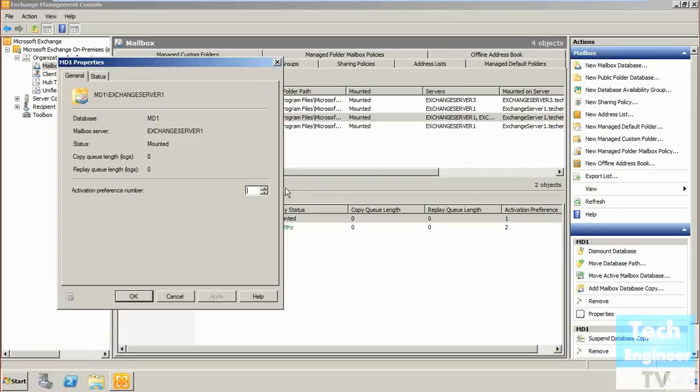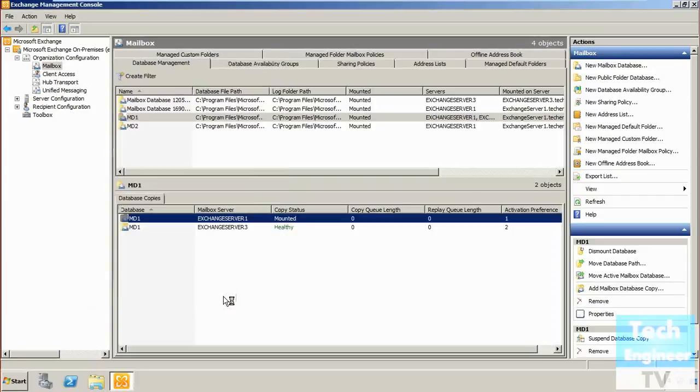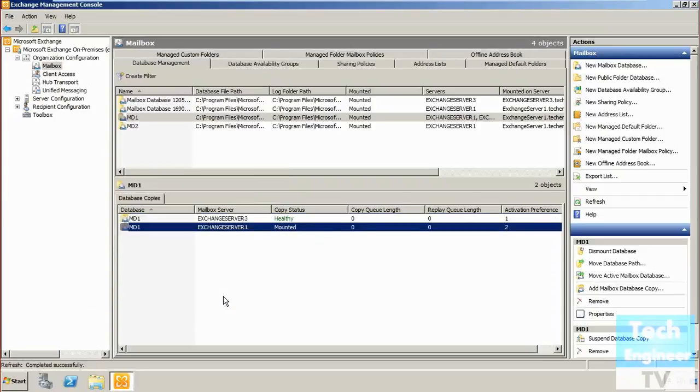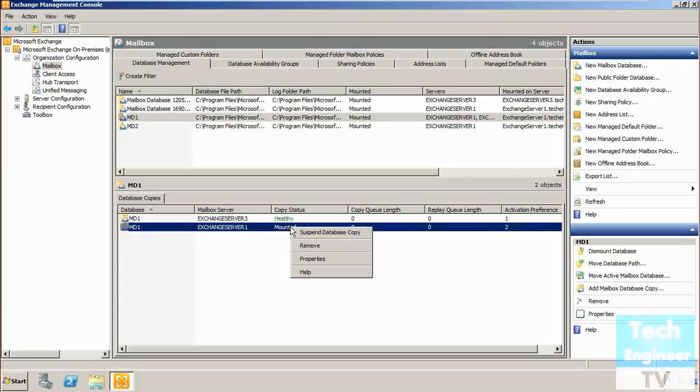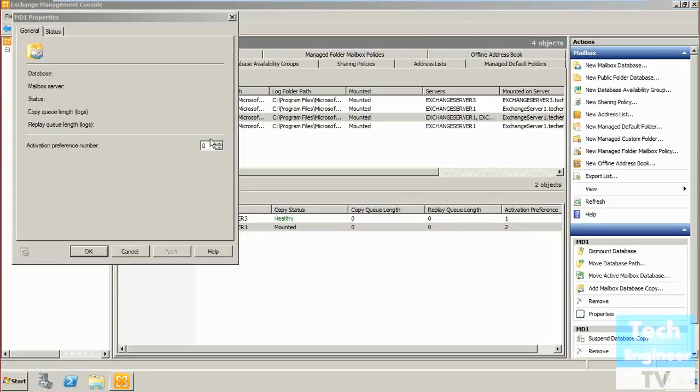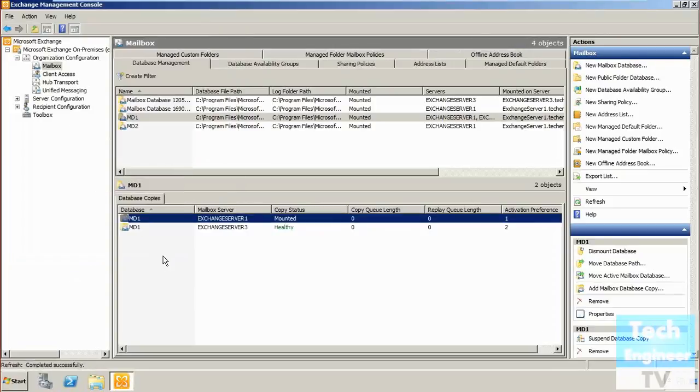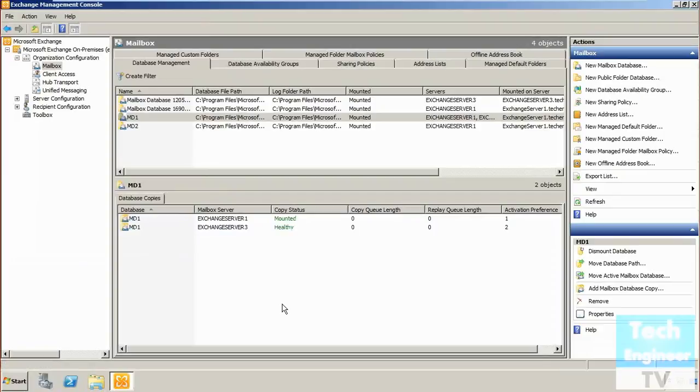Now we're going to change the preference number. For example, we have just made it 2. So Exchange Server 1 has been changed to 2, although it is mounted, the preference number has now been changed. We currently have 2 mailbox database copies, but we can have 16. Out of that we can decide the number and allow it according to our needs. So this is how